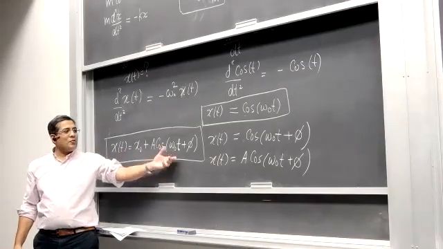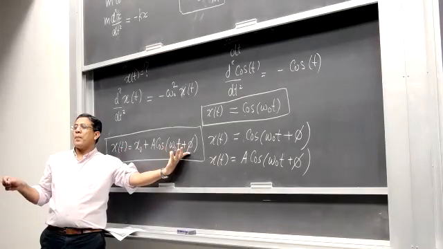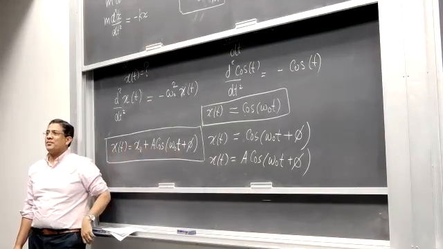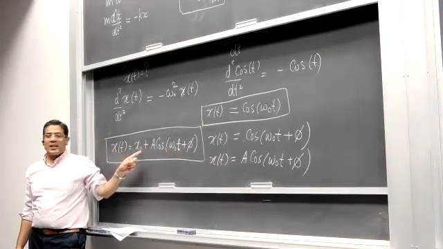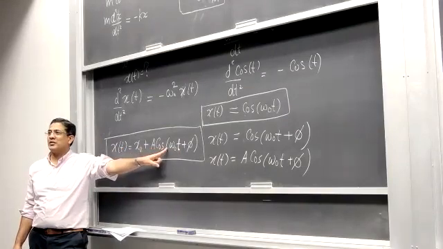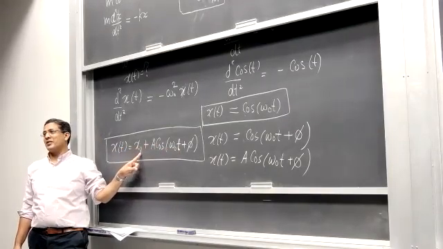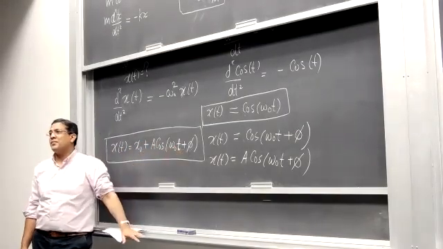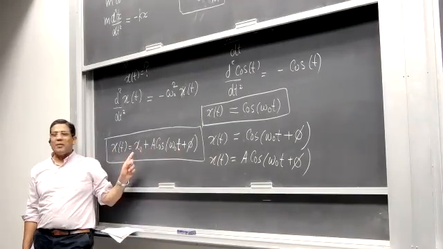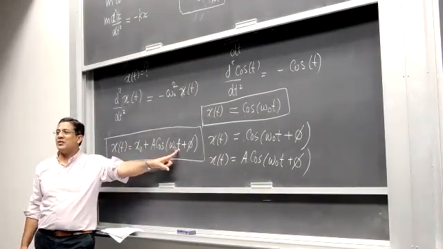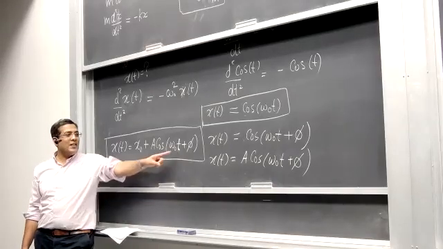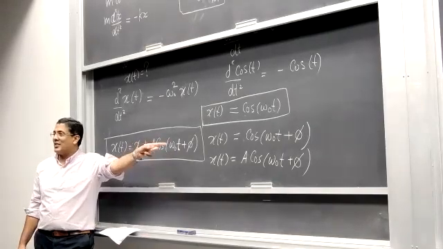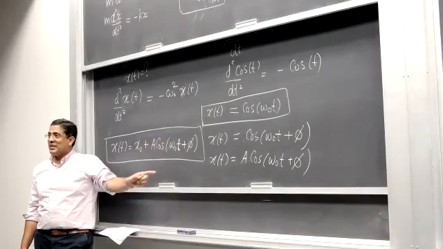And when the whole argument is equal to pi by 2, where is the oscillator then? At x naught, since cosine 90 is 0. So it would be at the equilibrium position. And when this is 180, it is x naught minus A, and if it is 270, x naught, and when it is 2 pi, x naught plus A, back where it started, where it was at time 0.